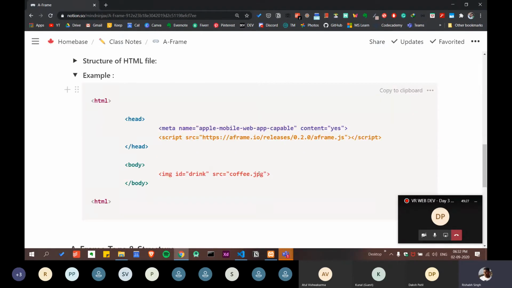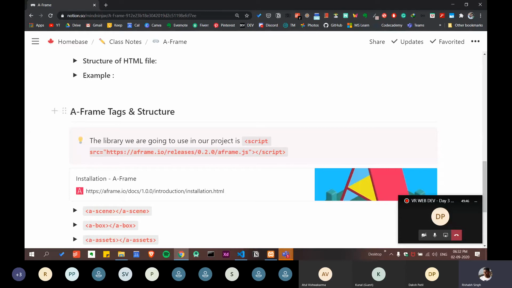Make sure to add proper extensions, because many times people accidentally change the extensions and the image is not displayed. So make sure to check the spelling and extension. Let me just close it, and now we are going to start with our A-frame tags and structure.